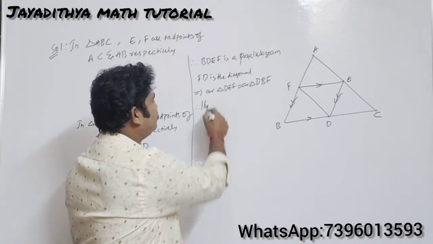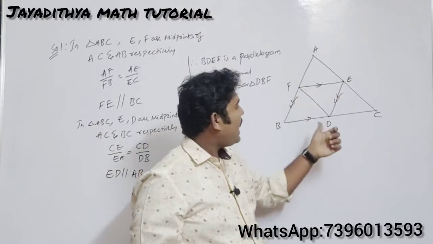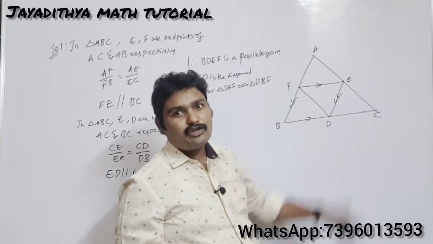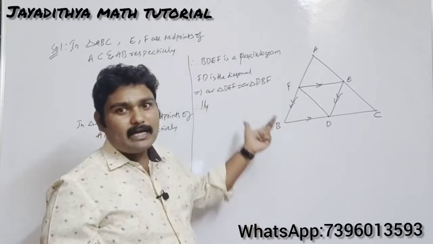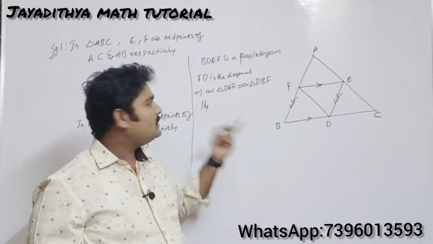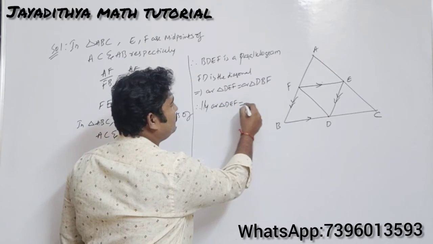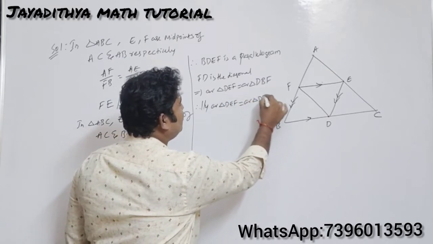DCEF is a parallelogram, and also DEAF is also a parallelogram, same as we have done. So you can also prove in the same way, but here directly we can write the statements now. Similarly, what can you write here? So area of triangle DEF will be equals to area of triangle DEC.